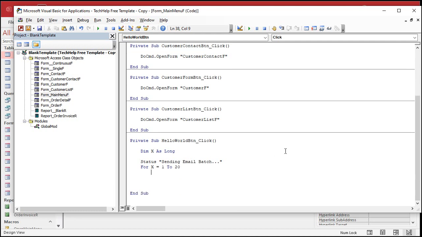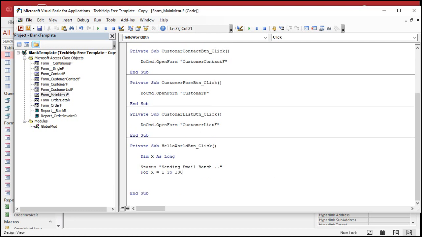Okay, what did I say, 100? All right, we'll do 100. Small email batch, and then next. Okay, now in here, normally when you click go, you just won't see anything happen. I mean, your screen might update when each email sends. It all depends on how you're sending the email, right? And sending here, that's where you do your actual sending, and